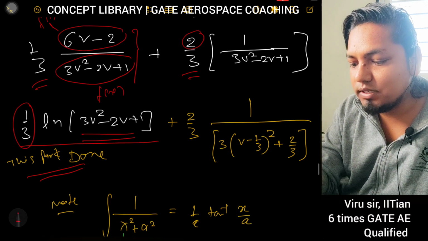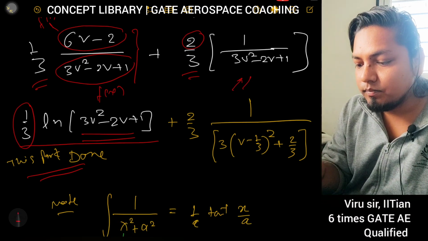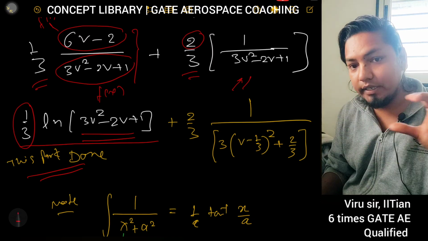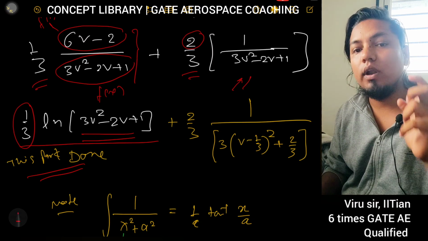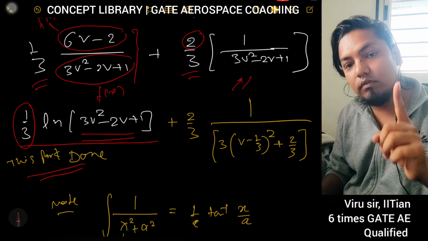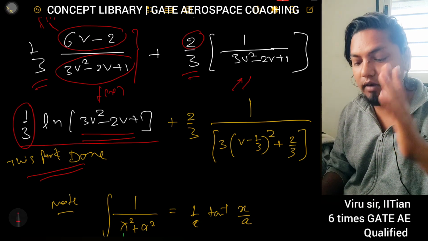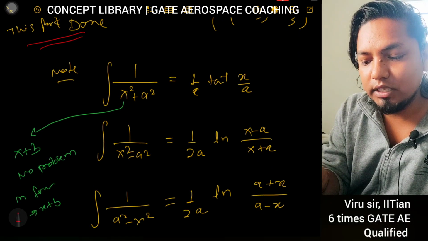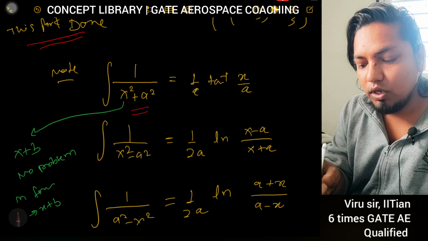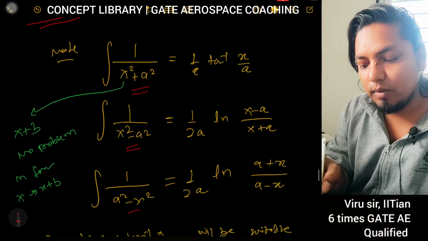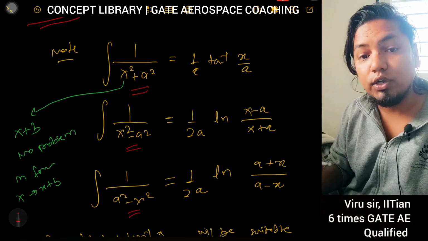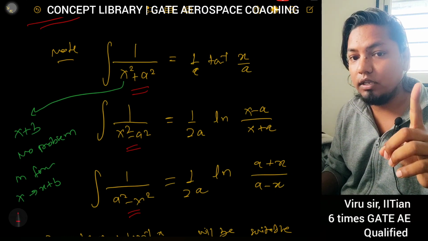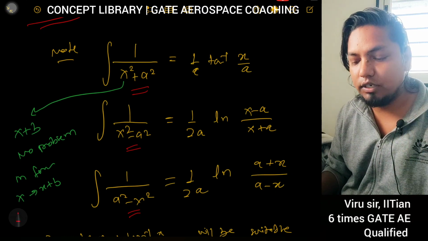Now you bother about the second part. In second part, see, whenever you have constant by quadratic equation, that quadratic equation you always convert into perfect square and then apply that formula. So whenever you convert any quadratic equation, it will take this form, either x square plus a square or x square minus a square or a square minus x square form it will take in integration. I told you that go and solve your complete integration from NCERT, then you will be very good in integration. Okay,